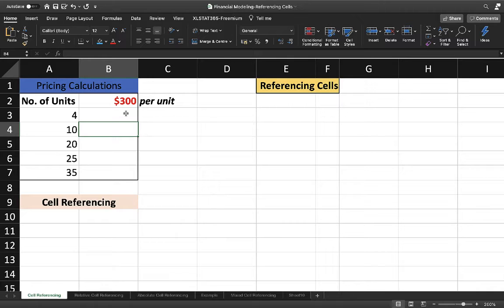Now if I ask you, suppose you have created this spreadsheet, will it be called your financial model? No, it is not your financial model. In order to call your spreadsheet your financial model, it must contain formulas. And in order to build formulas, you need to reference cells. So as a financial modeler, you must understand how to reference cells in Excel. And the cell references are what you use to build the formula.